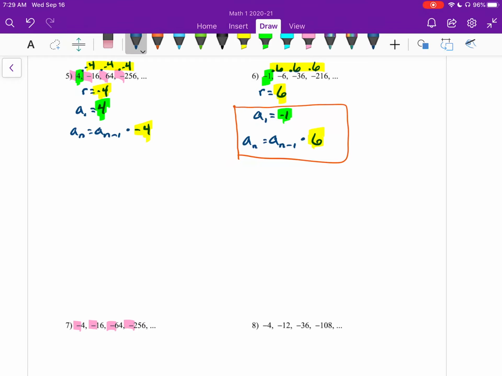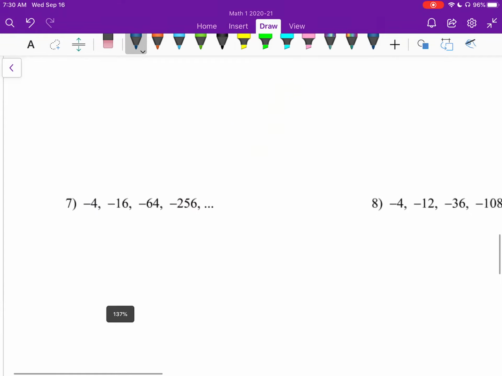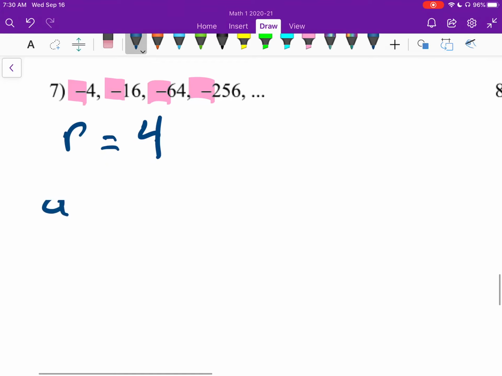So the only difference is that our r is going to be positive 4 and not negative 4, because the negative 4 makes it oscillate between positive and negative. A positive one will just keep it negative or keep it positive. So here a sub 1 is negative 4, a sub n is a sub n minus 1